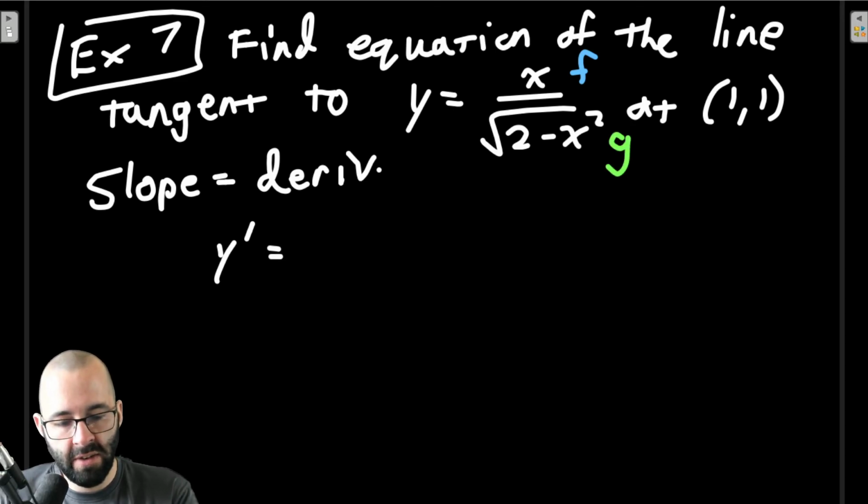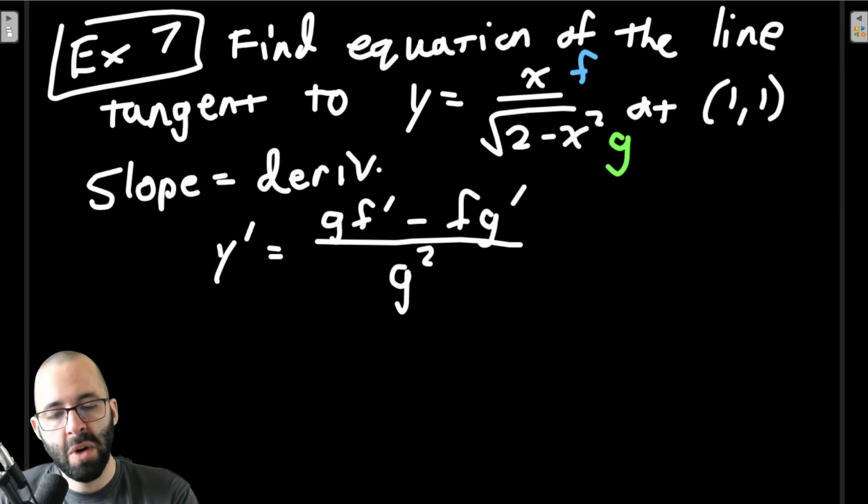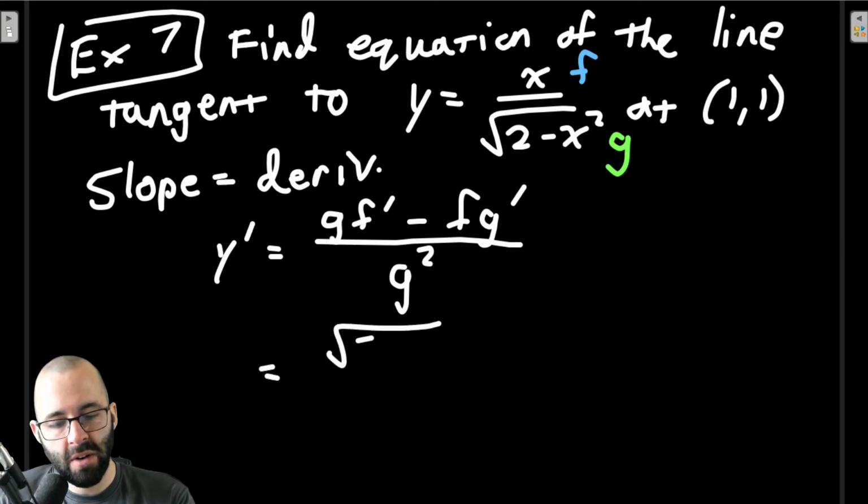Quotient rule says derivative is low d high minus high d low, square the bottom, and away we go. All right, so g is our bottom function, that's square root of 2 minus x squared, times f prime. Oh, derivative of x is just 1. Minus f, which is x. Derivative of g,